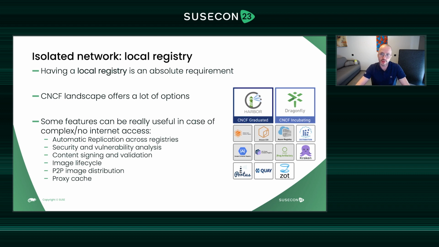For example, you can search inside the registry documentation to see if the registry is able to provide automatic replication across registries, or maybe security and vulnerability analysis, all the stuff like the signature of the content and the validation of the containers, the ability to manage the entire life cycle of the image, or maybe some P2P image distribution feature. A proxy cache feature can also be pretty useful if you need to deploy a local registry to manage this kind of limited network scenario.